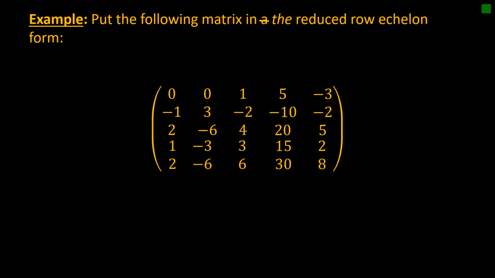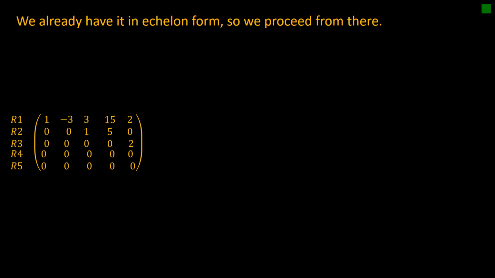Let's do this example. Let's put the following matrix in not A, but in the reduced row echelon form, right? There is only one, so we use the definite article, the. Okay, this is the matrix we worked with before, so we already put it in echelon form, and there it is. So we just have a little bit more work to do. Remember, there's our pivot,